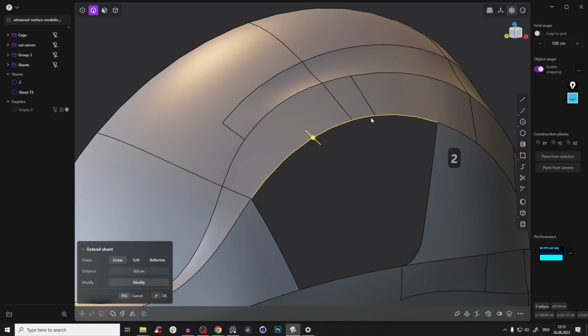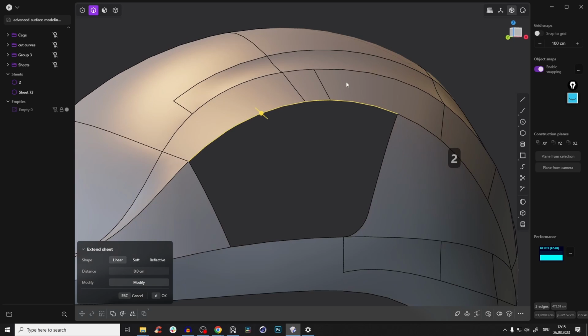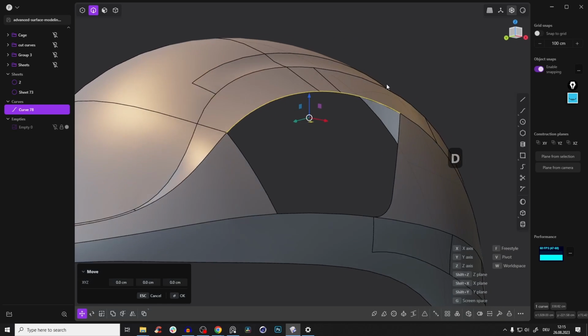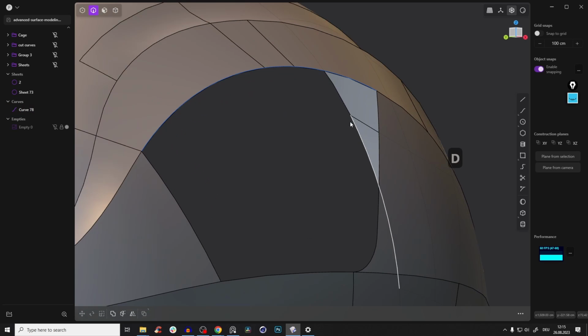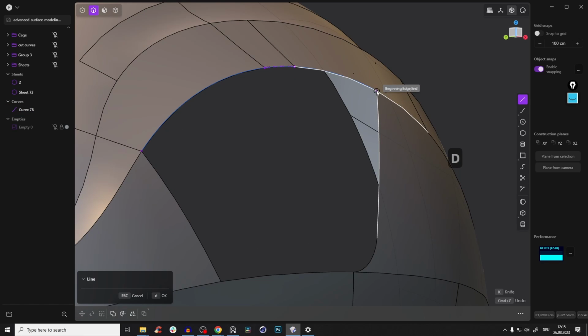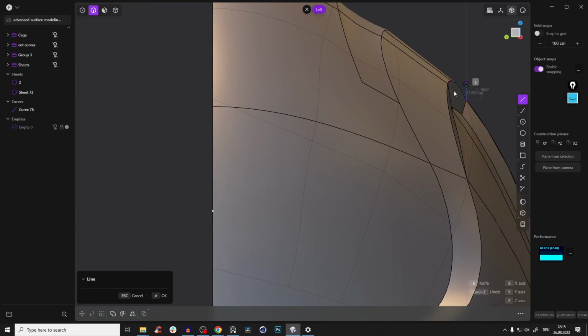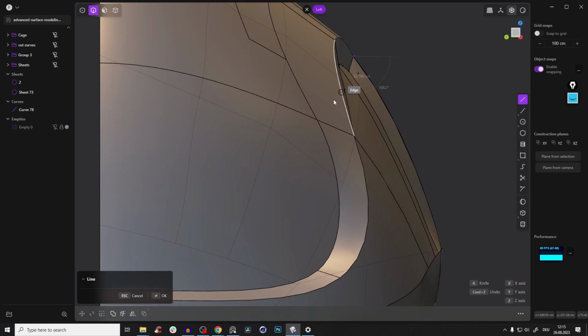So very simple. Select those edges first here and Shift D. And now we will create a line and go here to the point. And yeah, here you really have to adjust the tone. So just bring it, yes,